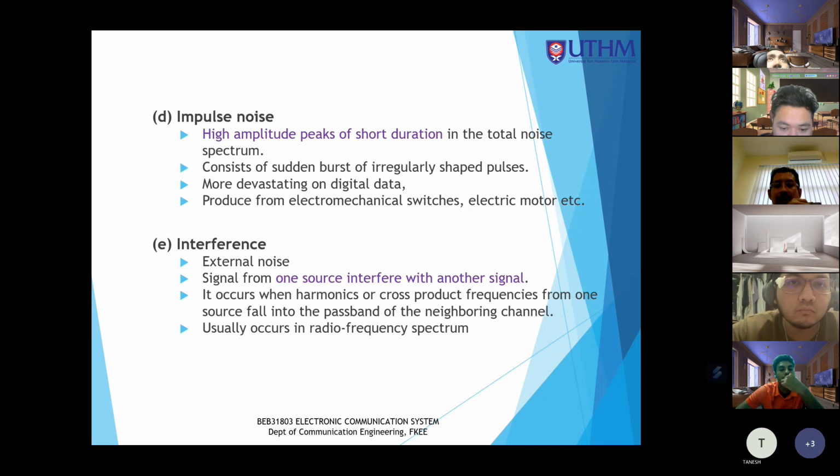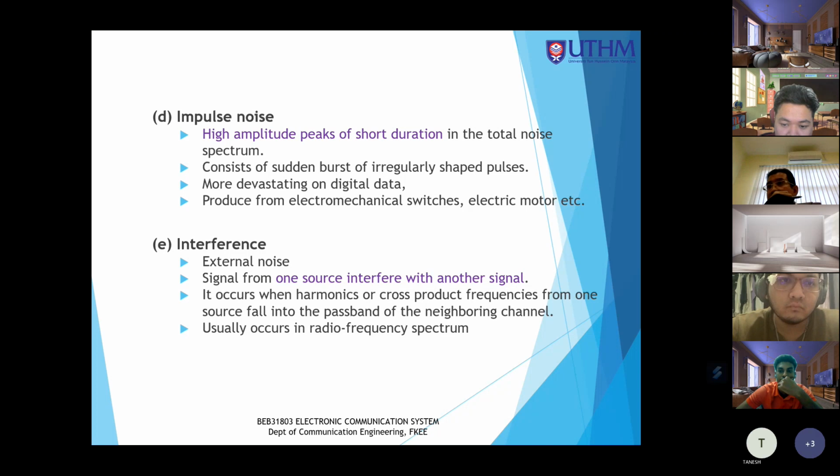Okay, so contohnya kalau saya transmit signal pada frekuensi 100 MHz, and then contoh macam Aiman, dia transmit signal pada frekuensi yang sama, iaitu 100 MHz, for example. So Aiman's signal would be interference to my signal. Okay, so interference ni adalah jenis noise yang mempunyai frekuensi yang sama dengan frekuensi penghantaran yang kita lakukan daripada transmitter